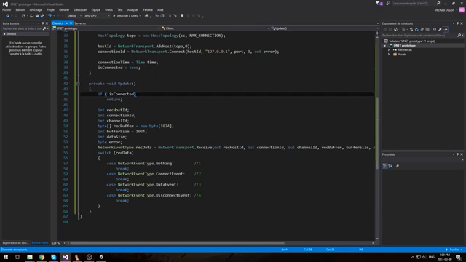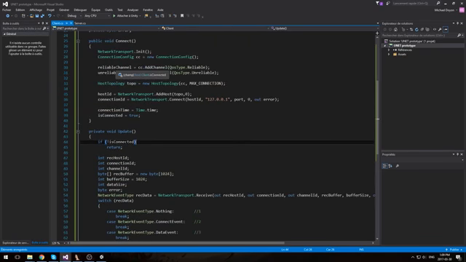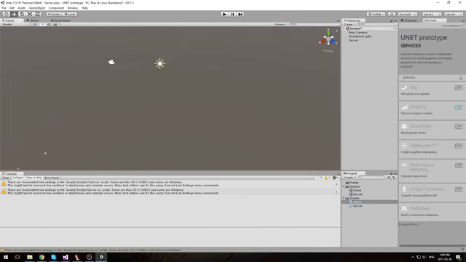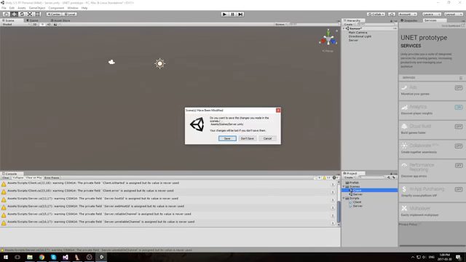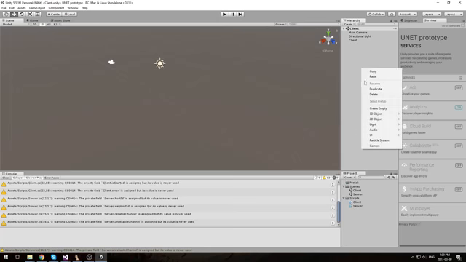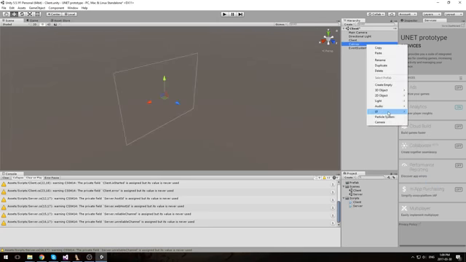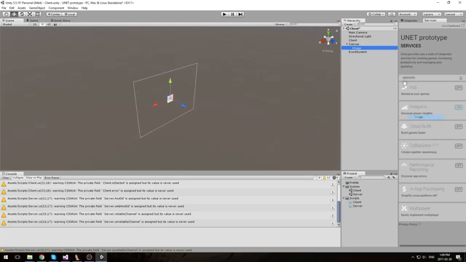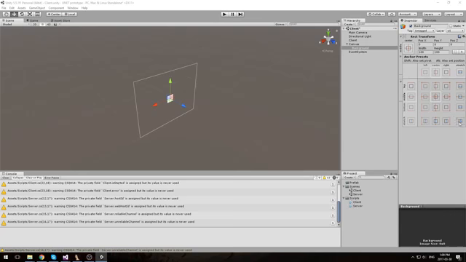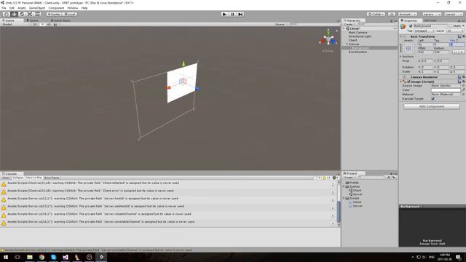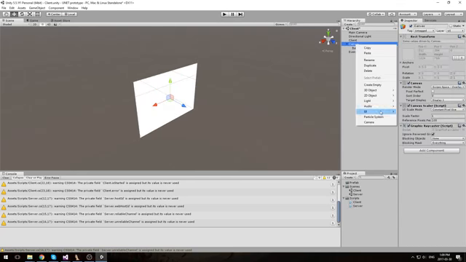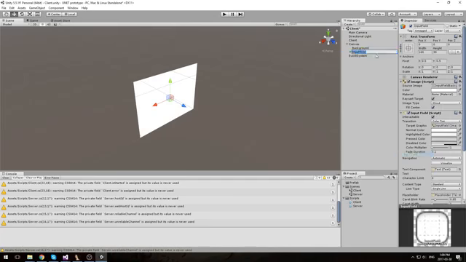We could start working on actually trying to sign in. So let's go ahead, and in our client I am going to create a new canvas, and that's going to be super quick, guys. So a new canvas, I'm also going to be creating, say, an image as a background. Call this background. Make it as wide as I can, and on top of this I'll be using a new UI input field, name input,